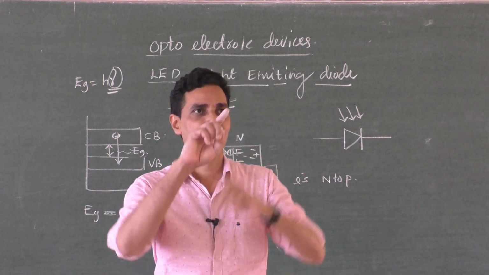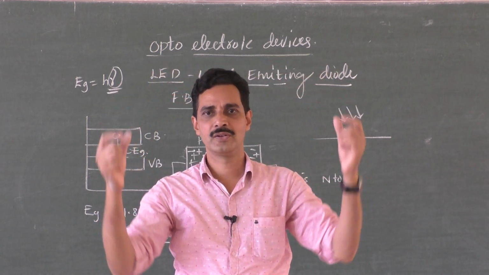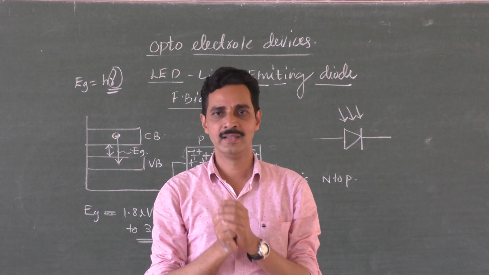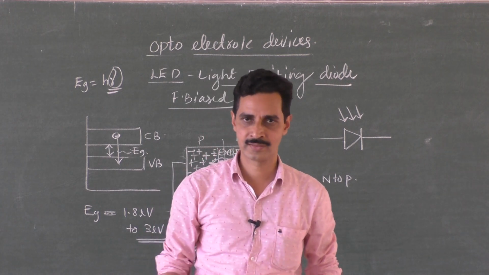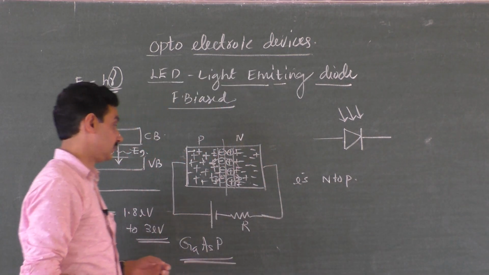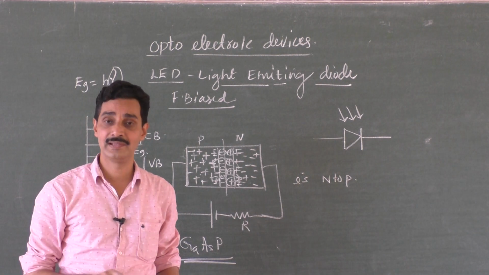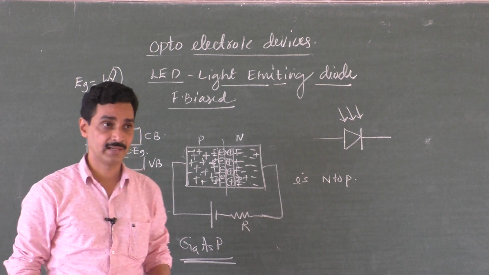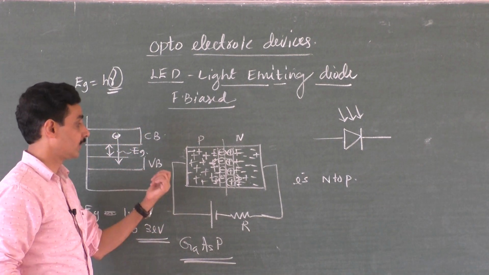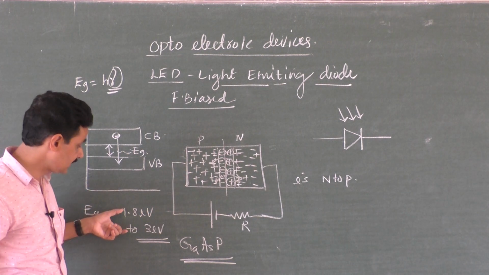You might have seen the decorating lights around the photos of the god, right? They may be in red color, yellow, white, so many colors. Those light emitting diodes are not bulbs. They don't contain any filament inside. They have only some p-n junction inside. So forward biased, when the electrons combine with the holes, energy is released in the form of light, and this is in the visible region.